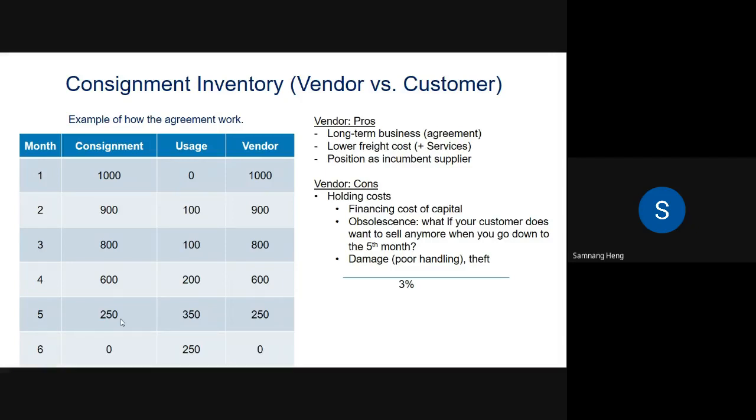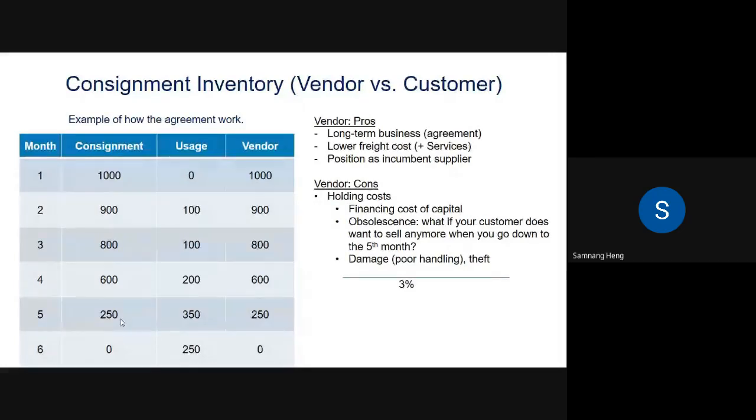What if the damage happens to your product? Who will be responsible for it? Usually, it's you, the vendor, who is responsible for it. But you need to set up conditions, like whether you are the one totally responsible for the damage or for the